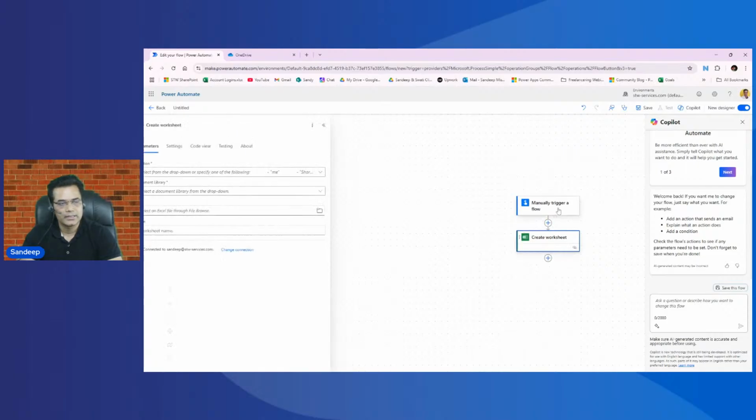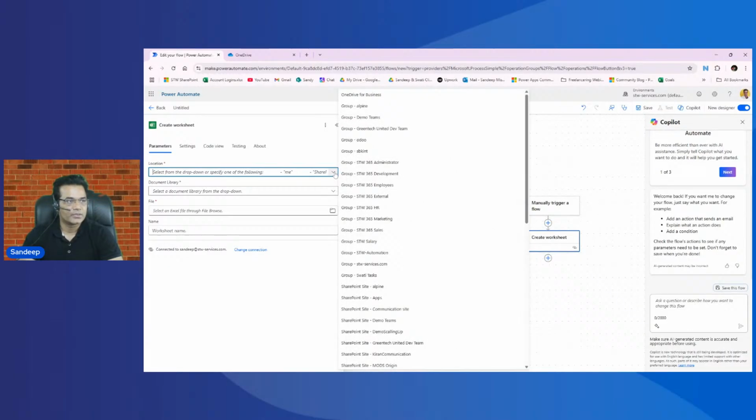So a worksheet is like, whenever you are using Excel, you can see there are multiple sheets. So one sheet is one worksheet. So we'll create a worksheet. To create a worksheet, the first thing we need to add as an input is the location of that particular